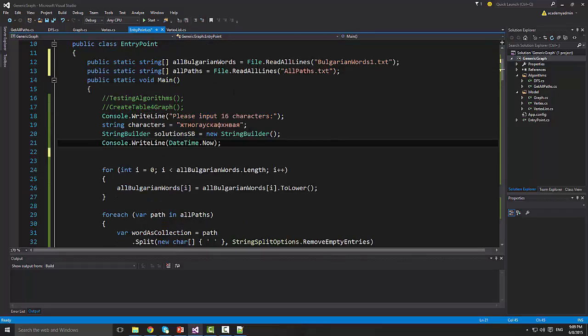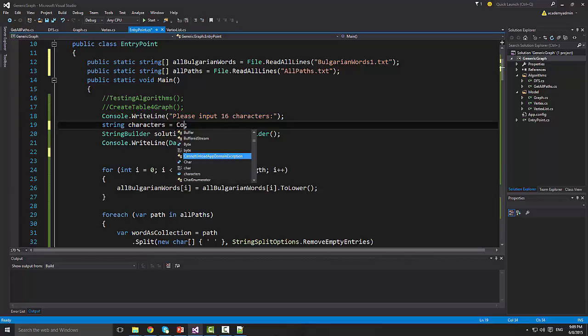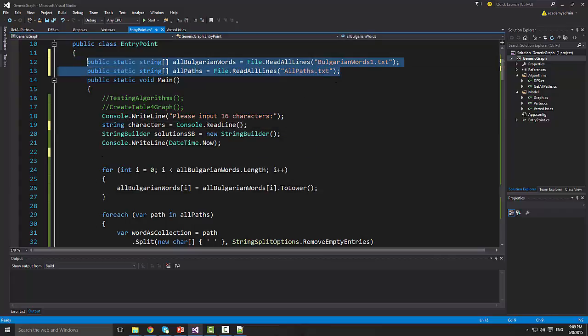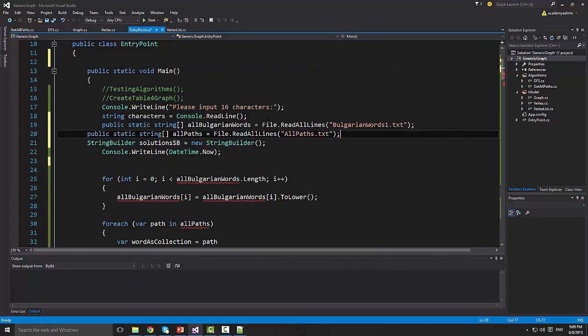So yeah, this is a problem. I'm reading the files after we've input something. So let's say that here, instead of this specific thing, I have console.readline. And where these were standing before, which was right here, this was not very good, right? Because I'm going to wait for an input which is going to take some time, and during that time I can use it to read the files. But yeah, so we can do that